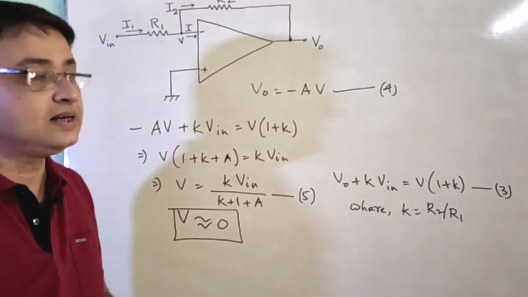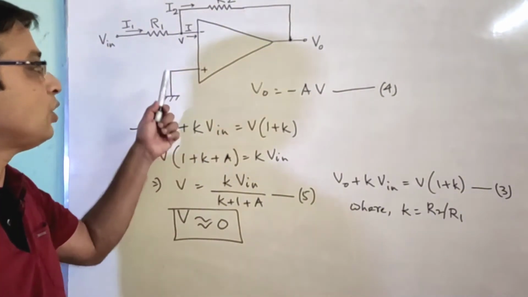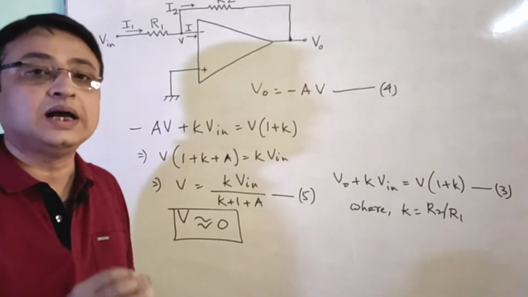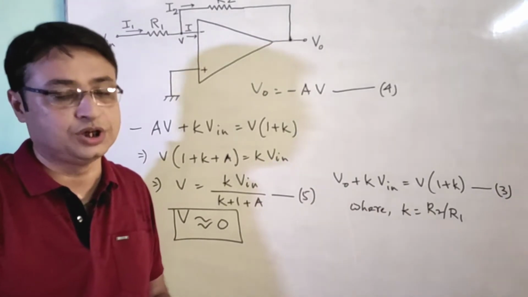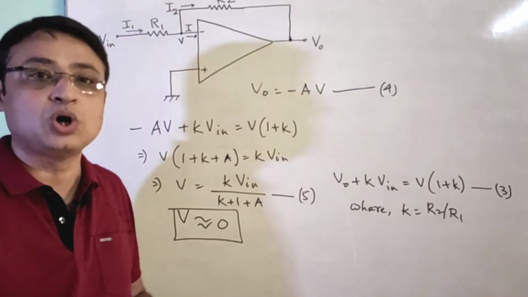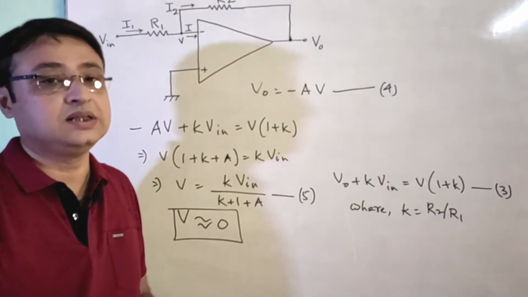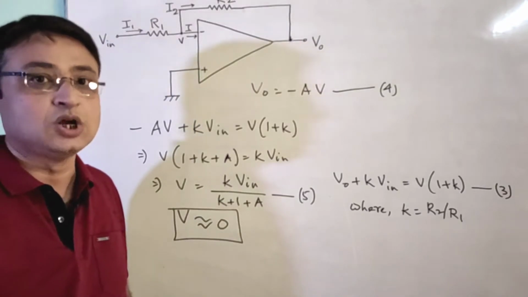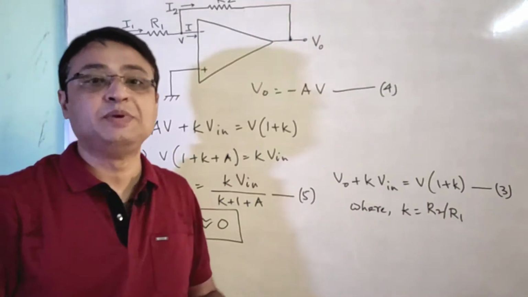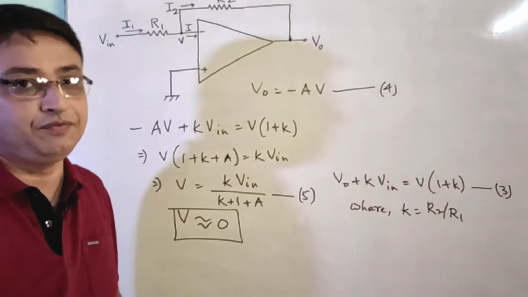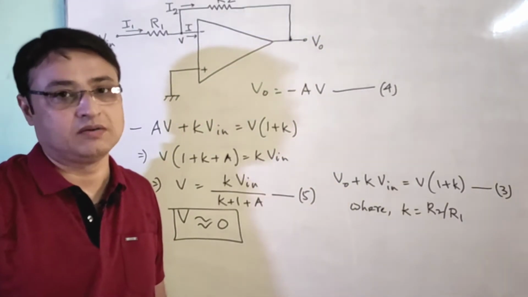As we know, whenever the other terminal, here the non-inverting terminal, is grounded, the voltage at the inverting terminal is always equal to 0. But since this terminal is not actually grounded, it is known as the virtual ground. But remember, this virtual ground concept applies only when the op-amp is in the negative feedback mode. So in a Schmitt trigger circuit, in which positive feedback is used, we cannot discuss the effect of virtual ground.